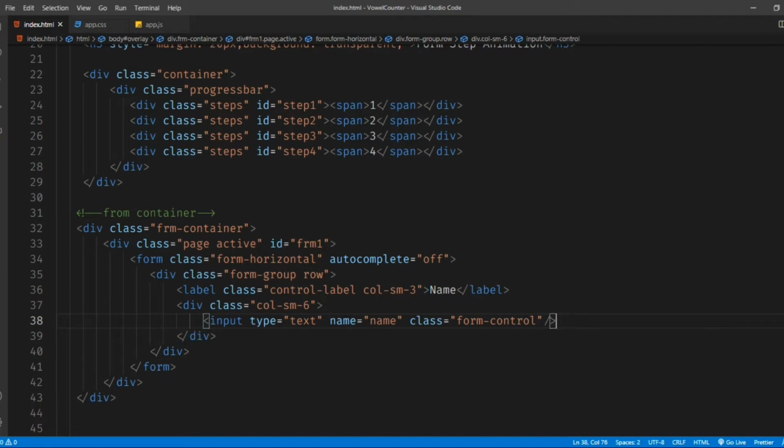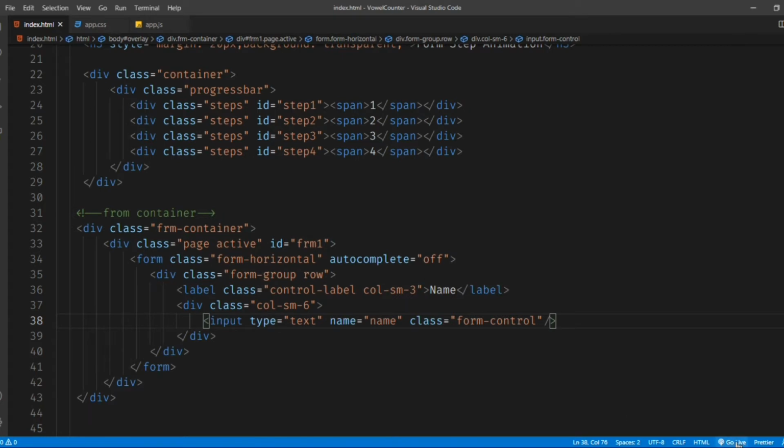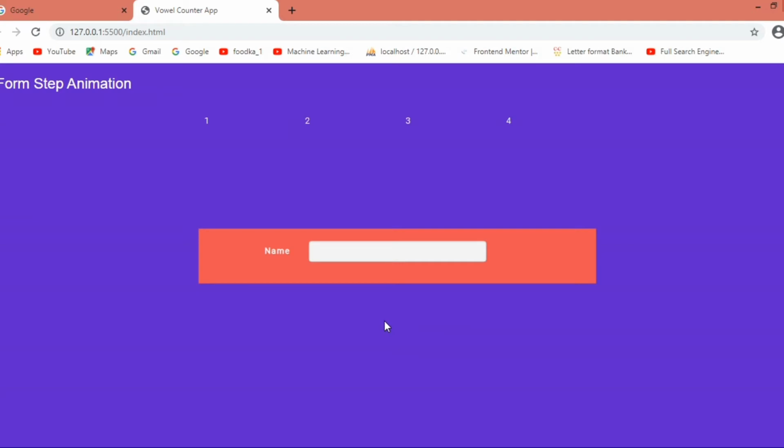So that's it. As soon as I run this thing, let me first run this thing. Okay, you can just see here I'm using name as an attribute and a form control input type text.